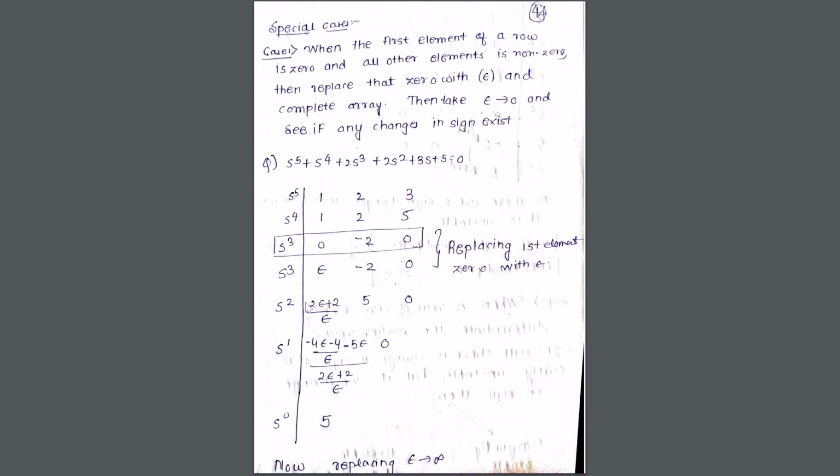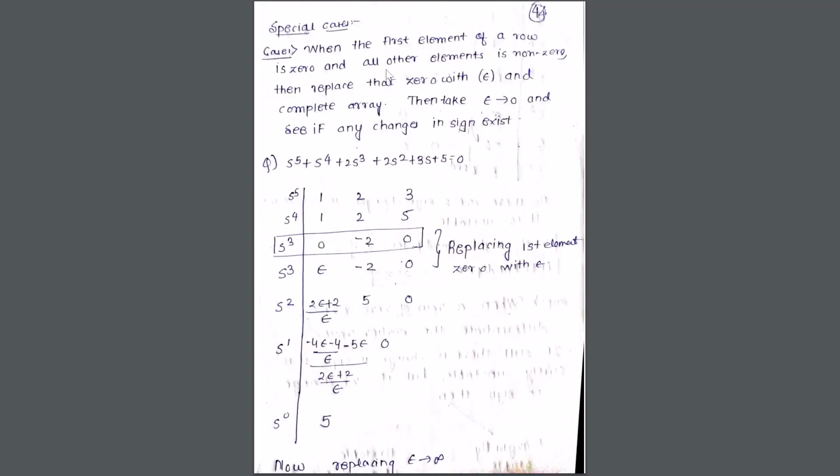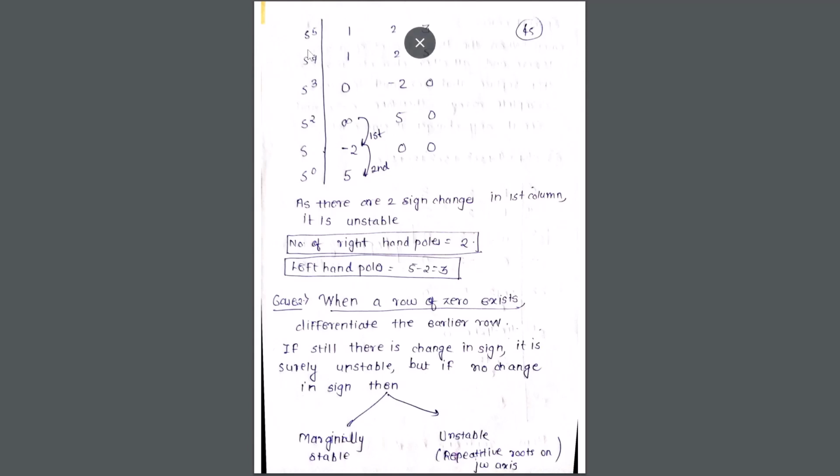Next, if you just keep on putting the value of 0 anywhere you want to, you will get this particular table. I hope I'm very clear. So what you need to do is, when there is a particular row where the first term is 0 and all other elements are non-zero, please replace the first element with epsilon, write down the step again and do the entire calculation. Then replace the epsilon with 0. Here it is given wrongly, I'm sorry for it. It should be epsilon tending to 0. Put the epsilon value as 0. You will get this entire table over here.